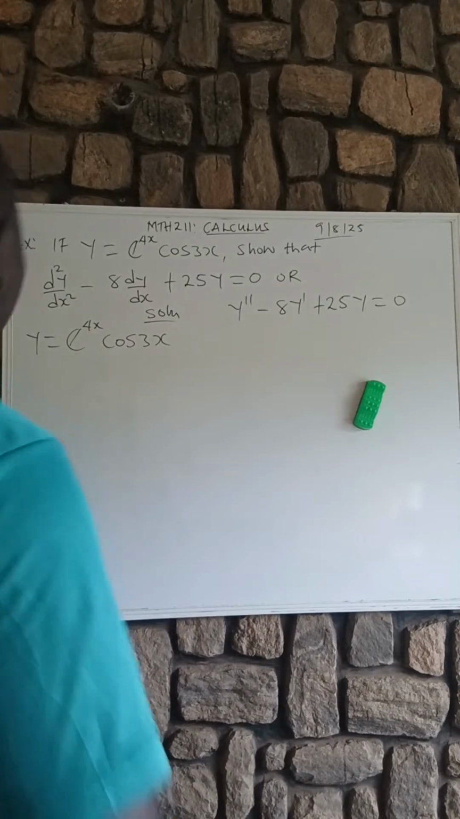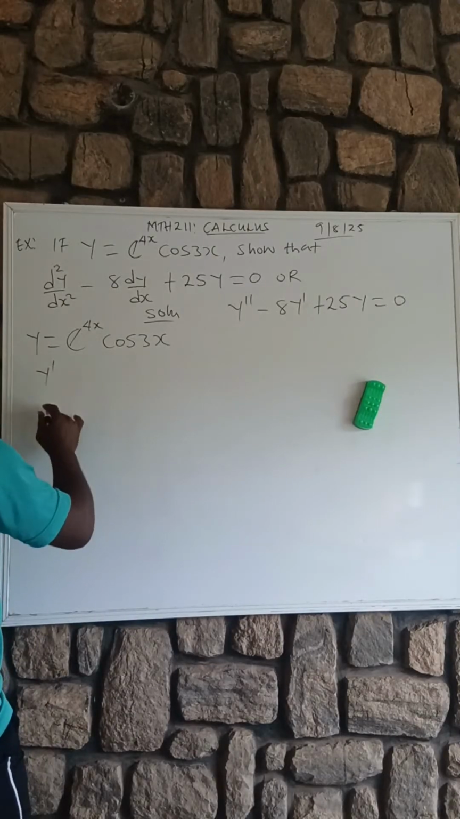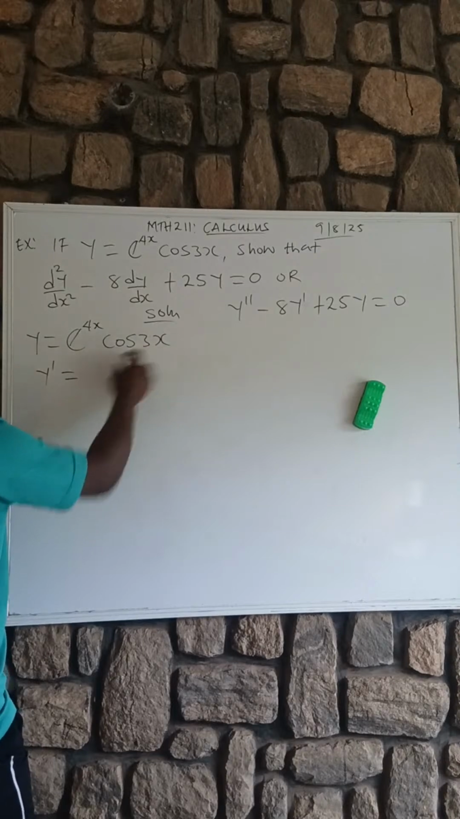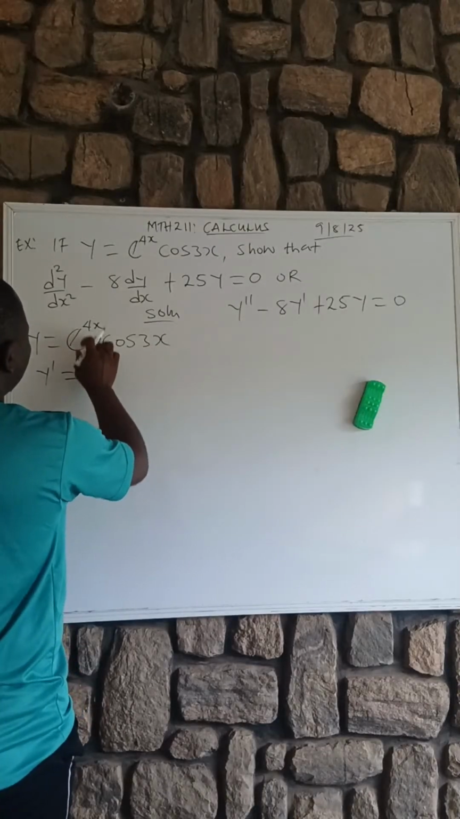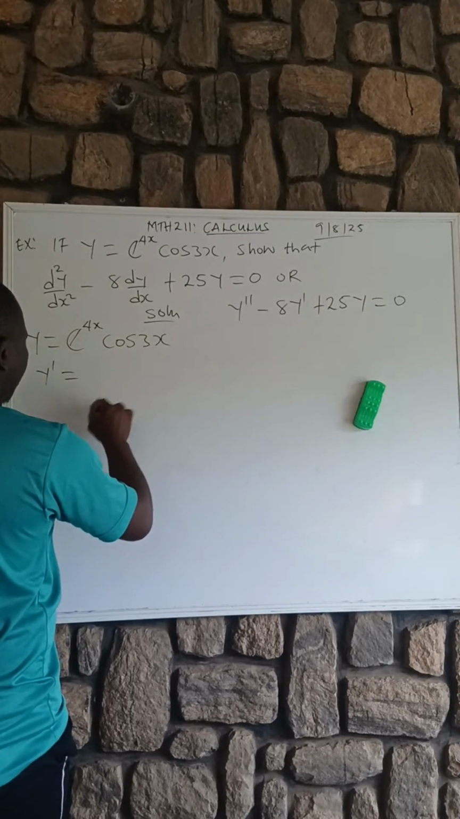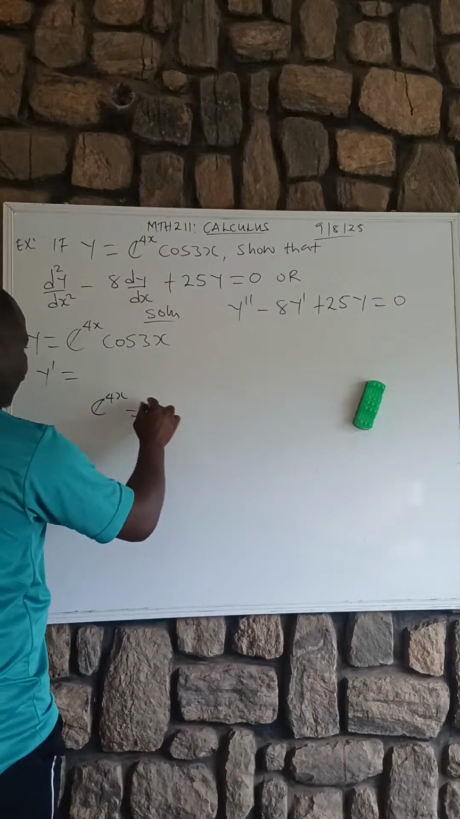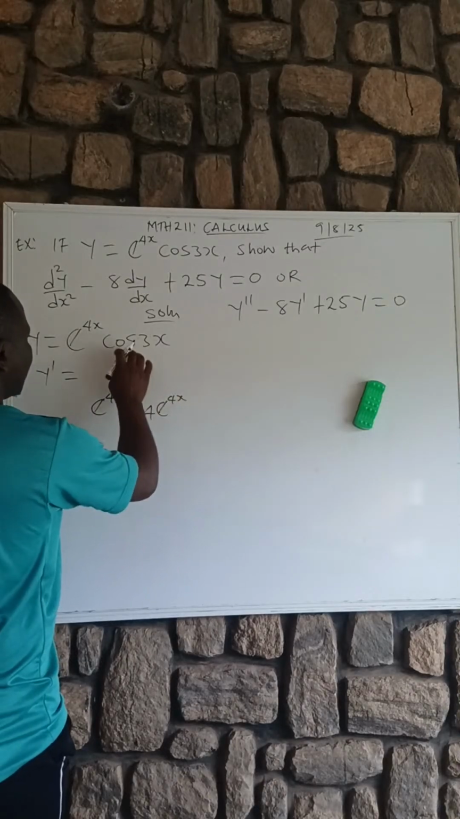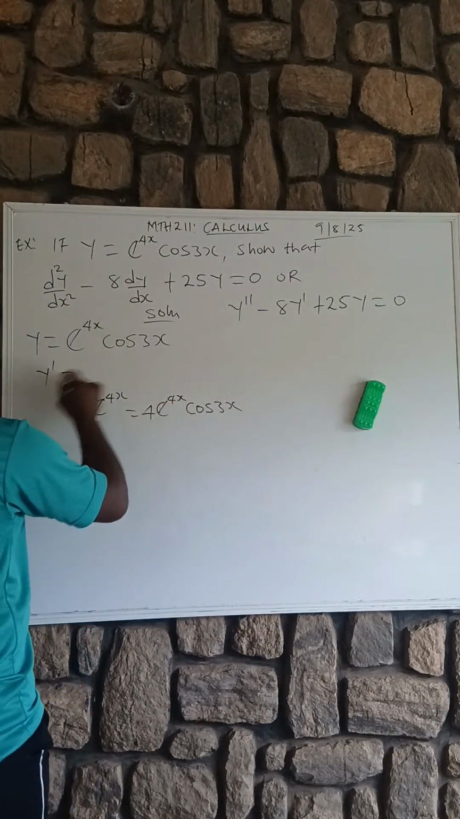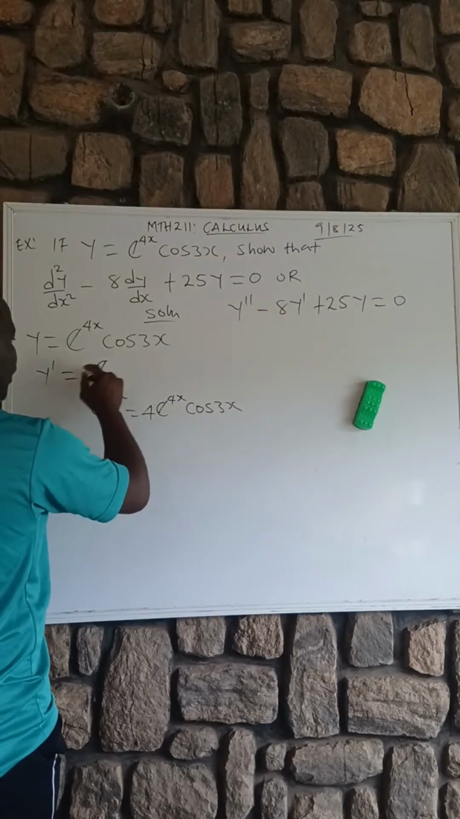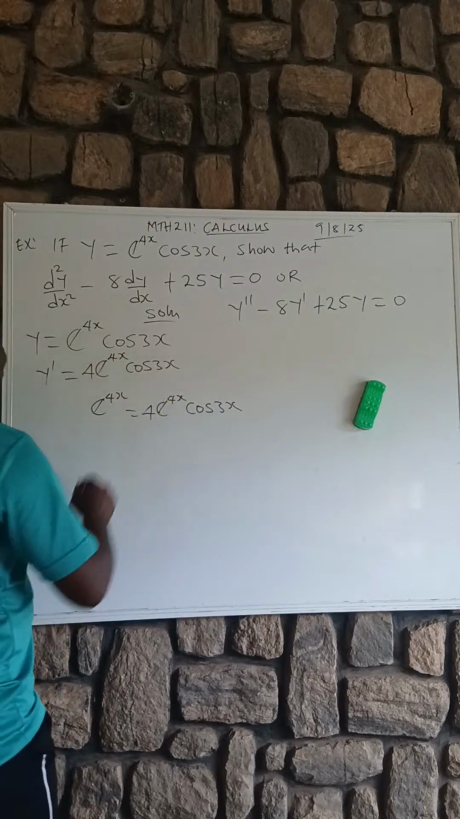So take note. If you agree with me, let us differentiate this. For y prime, we use the product rule. True or false? We hold this one, differentiate this one. If we differentiate exponential 4x, holding cos 3x constant, we are supposed to have 4 exponential 4x, and use it to multiply cos 3x. So here you are going to have 4 exponential 4x cos 3x, then plus